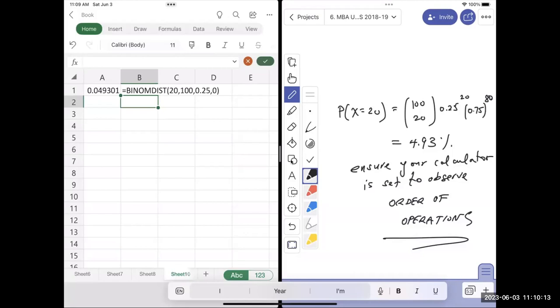Yes, I put it in Excel. So 0 would be non-cumulative, right? So the 0 is just to give you x equals 20. If you put 1 in, it will give you the summation of